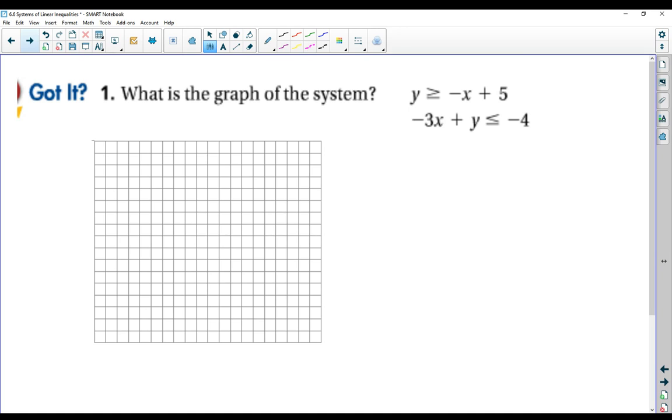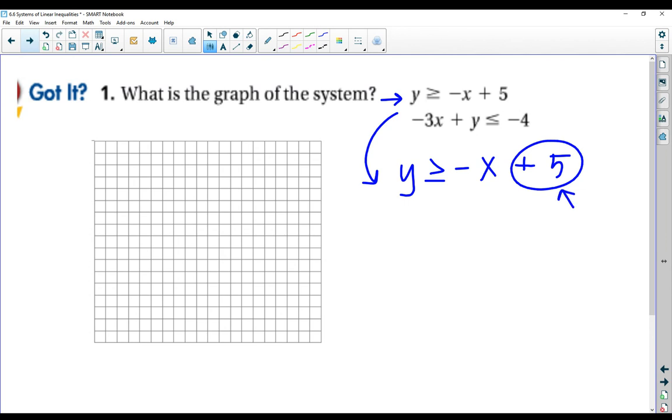All right. When graphing the first line, I'm going to bring it down here for you. y is greater than or equal to negative x plus 5. The first thing we want to look for is a y-intercept. Positive 5 is our y-intercept. Let me draw on our graph here, sorry. My first point has to go at that positive 5. My slope is this number right